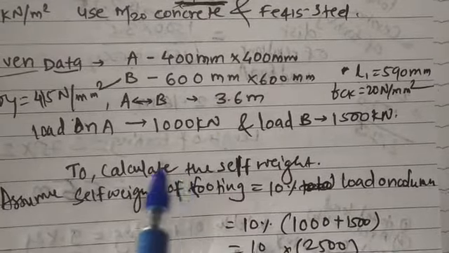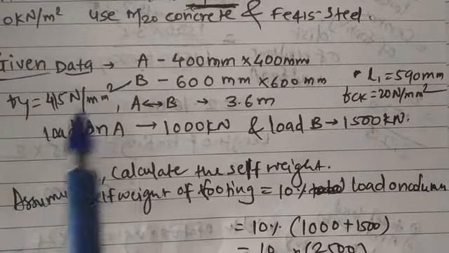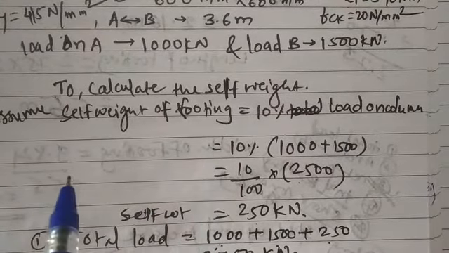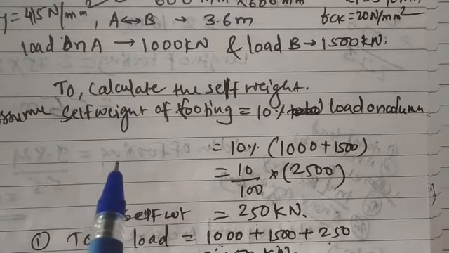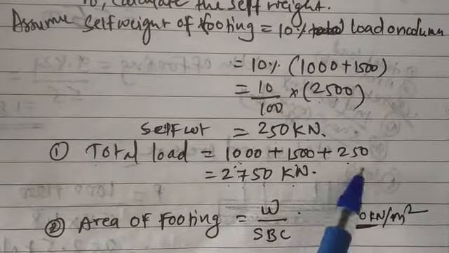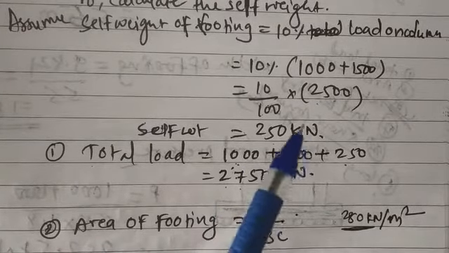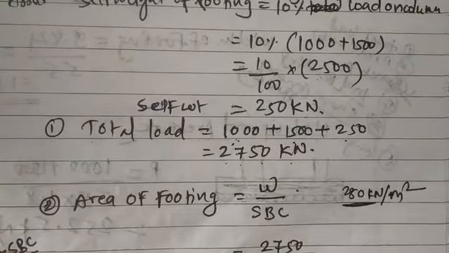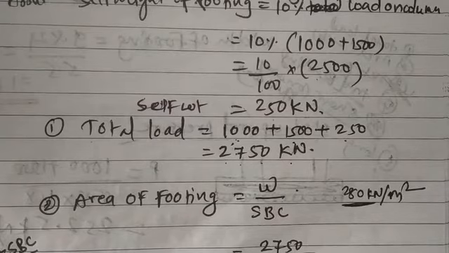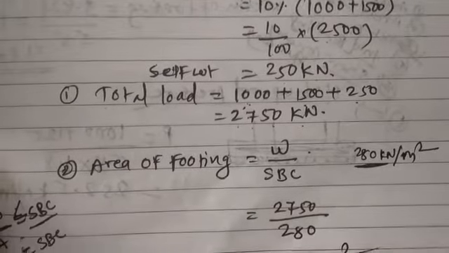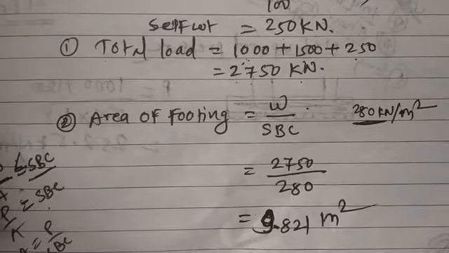We have first of all written the given data. After that we have calculated the self weight of footing by considering the self weight as 10% of total load on column. Then we have calculated the total load by adding the self weight plus loads on two columns. After that we have calculated the area of footing. Area of footing is calculated by taking the ratio of total load divided by soil bearing capacity. Total load which we have calculated was 2750 divided by SBC of soil. We have got the area of